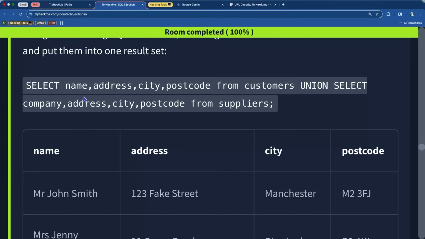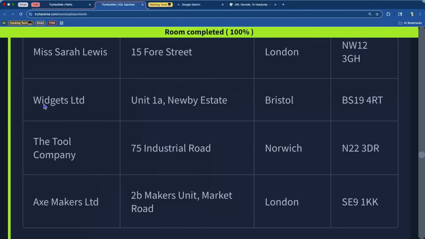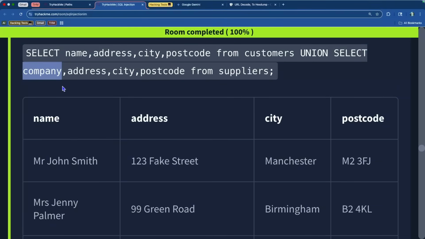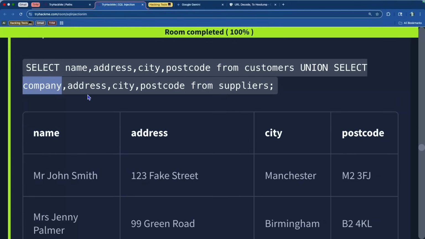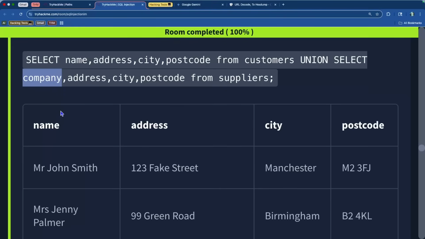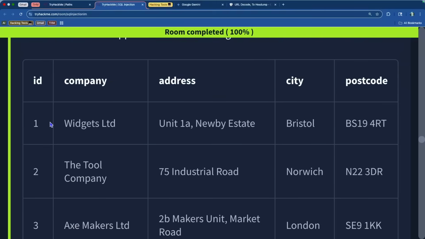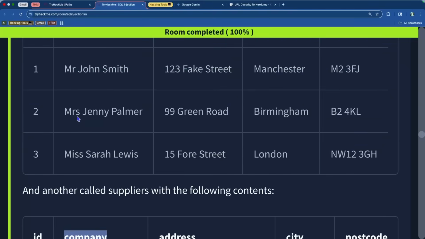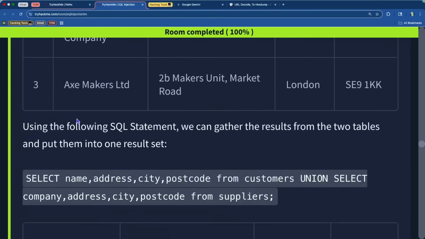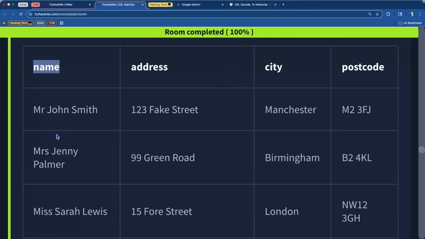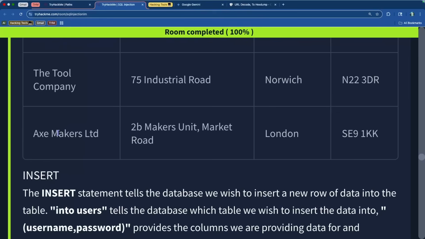Now check this out, right? The name is actually pulling this. Company is technically the name of the company, but it's a different value, right? But it's actually unionizing. It's actually uniting, combining all of the names, because again, it says company. It doesn't actually say name, but it's being housed under the name value here, the name field, and it's still